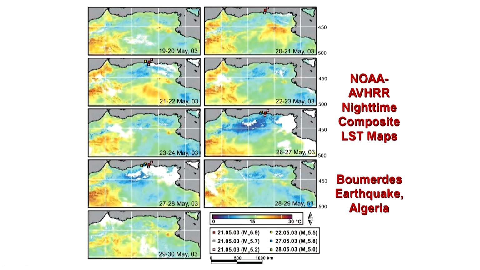Of course, this is a different data set. Different in data sets means it is a daily average, a one day average of this data set. These are the night time composite images of land surface temperature maps, and as you can see, there was a rise in temperature in this part. This was very interesting, and then things became normal. Earthquakes have occurred. I am using the plural because many earthquakes occurred after this 6.9 magnitude: 5.7, 5.5, 5.8, a lot of earthquakes have occurred.